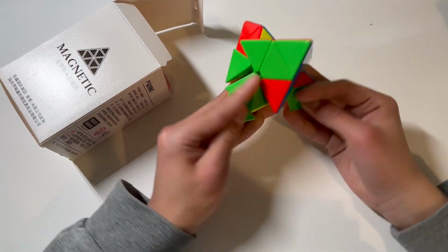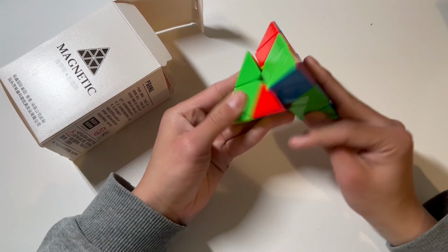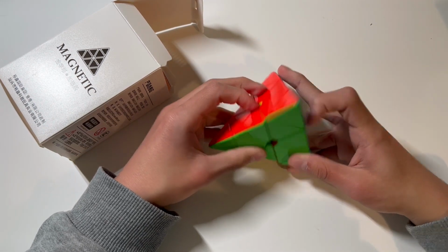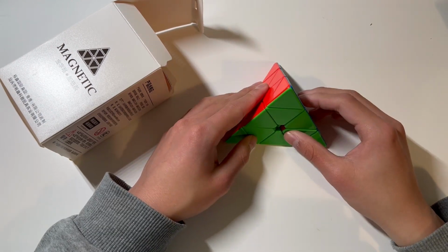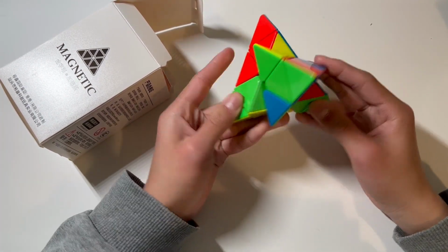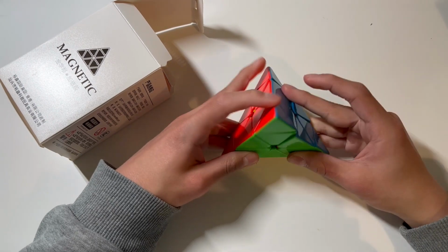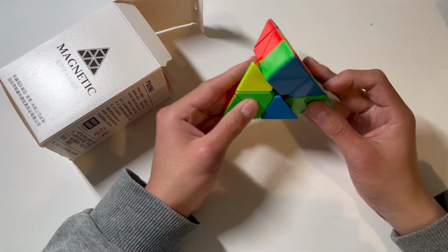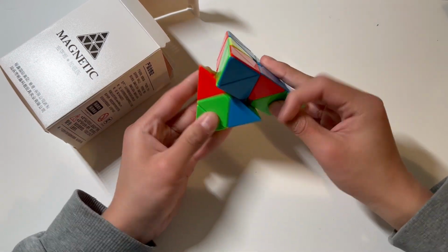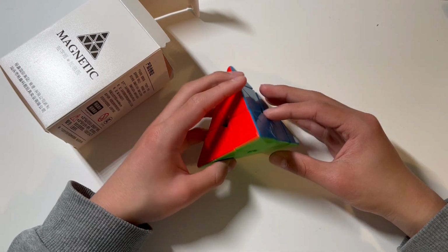Okay, yeah, the corner cutting sucks. I can't turn on this at all, but actually it's not that bad, but I guess they're okay. Tips, I would say tips are better already than my current main. The V2 is here because I feel like the way I set up the tips is just kind of bad. They're really slow. So this cube requires a lot of setup, so I'm not expecting too much from it currently, but it's decent, I guess. So yeah, it's pretty solid, I would say, as of now, but I think it can definitely be better. I actually like this cube already because it's pretty fast, even without all that setup. So I do think that it will beat my V2, but we'll see if it makes it over the Weilong,